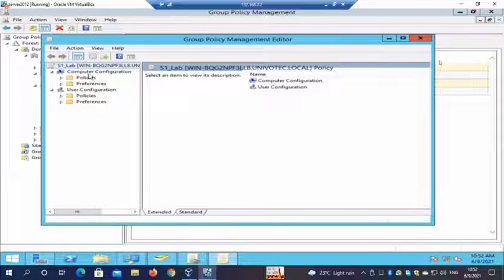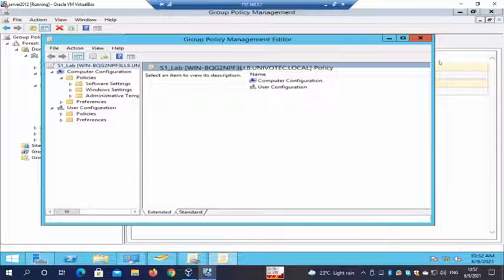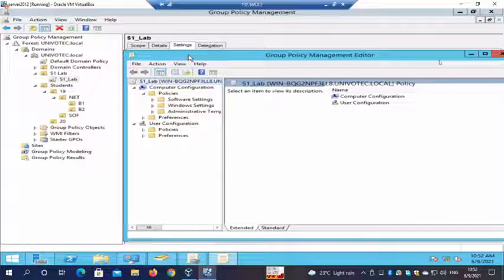Right. So we have two sections here: computer configuration and user configuration, right? Then, so actually to the computers. So this is for the lab, right? All the computers will be inside this OU in this lab. So I have to change or give the policies under this computer configuration, right? So that will apply to the computers.